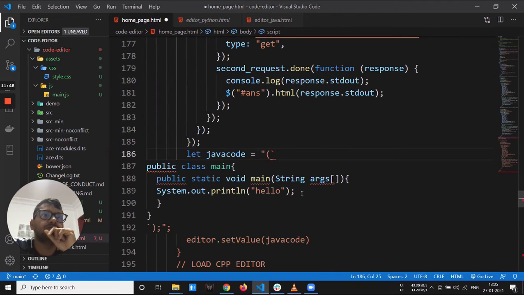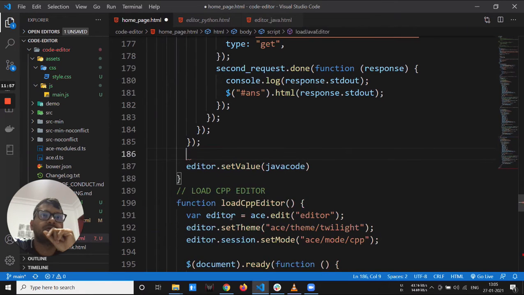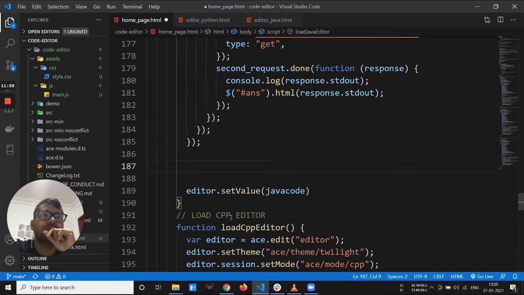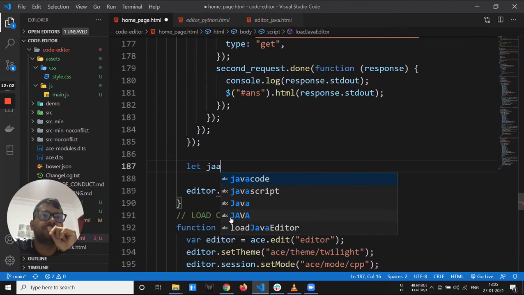So the escape should be here, right? The first, or no? Yeah, let's try. Let's just remove this one.